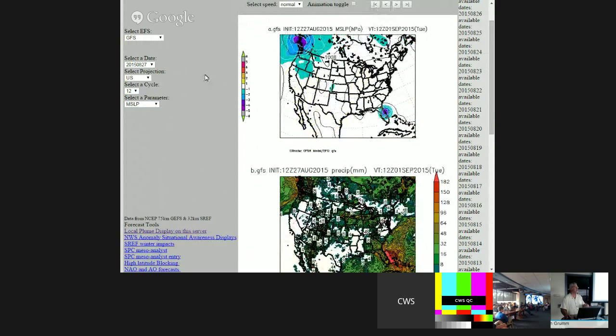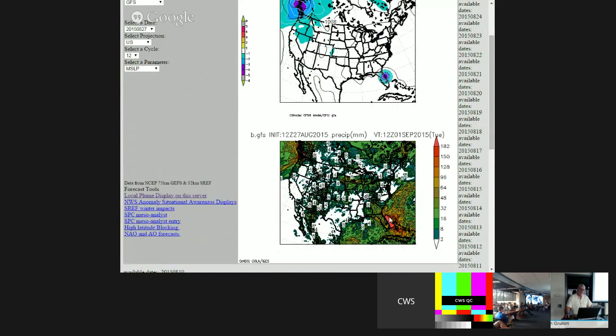I don't have a projection that's zoomed in over Florida, but clearly there's been a trend in the new run. We'll see how the GEFS follows suit for the storm to actually track a little bit back to the west. So it's going to be one of those on again, off again kind of things. And if we go to the lower panel here, we can see there's a huge potential for some pretty significant rainfall.